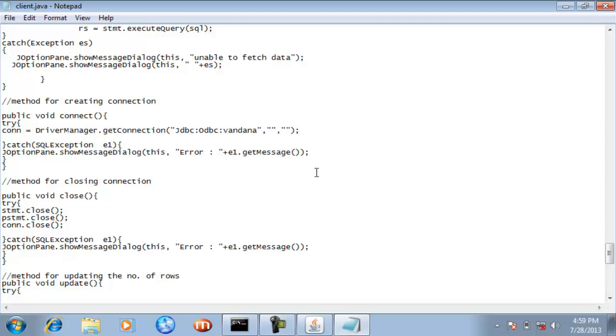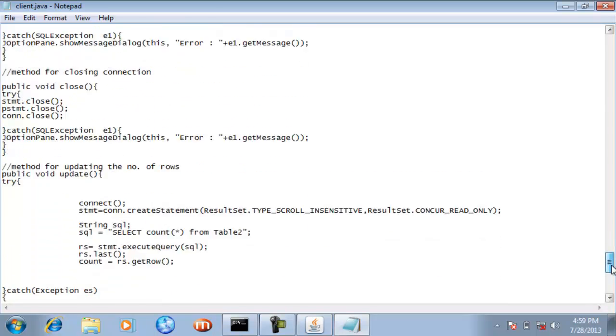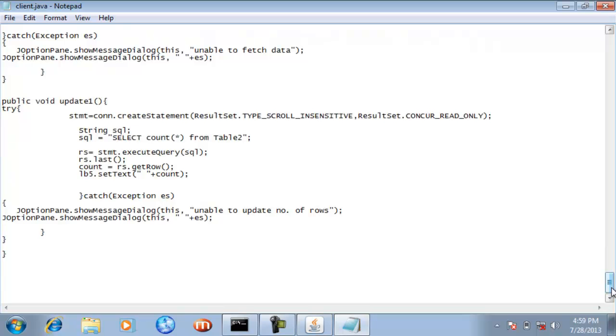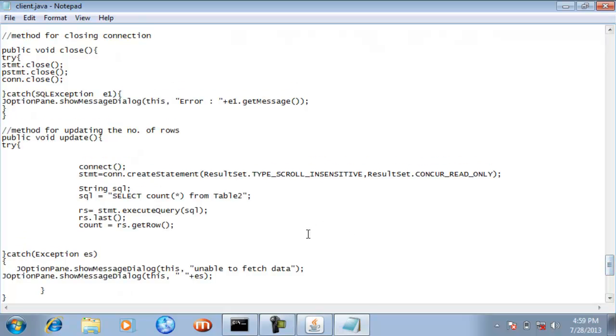So in this way, first I have established a link between Java and the MS Access database named data2, and after establishing the link, you can see that I have created the object of the Statement class.